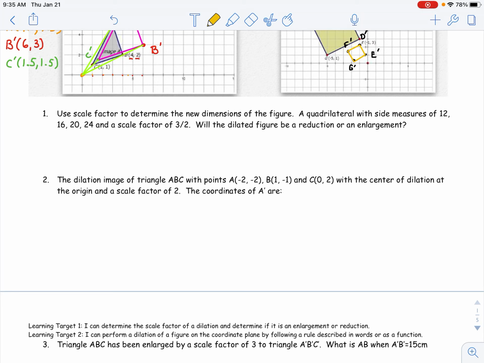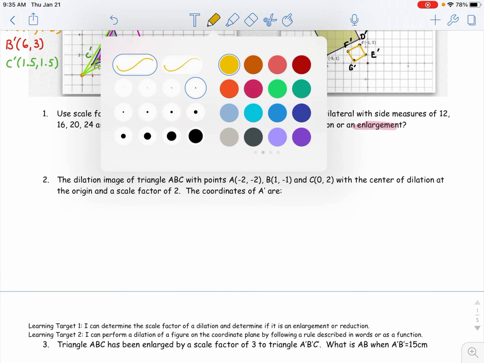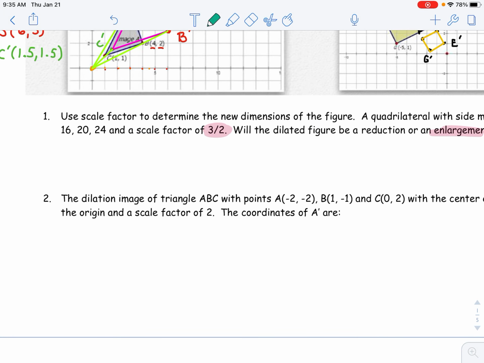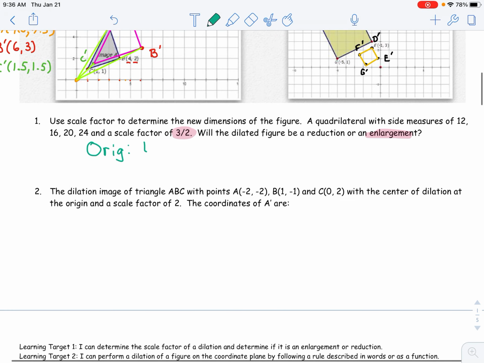A quadrilateral with side measures 12, 16, 20, and 24 with a scale factor of 3/2. Will a dilated figure be a reduction or an enlargement? All right, so it's an enlargement because we have a scale factor of 3/2. All right, and the given, so original, I'm going to write ORIG for original, are 12, 16, 20, 24. And again, what are the final